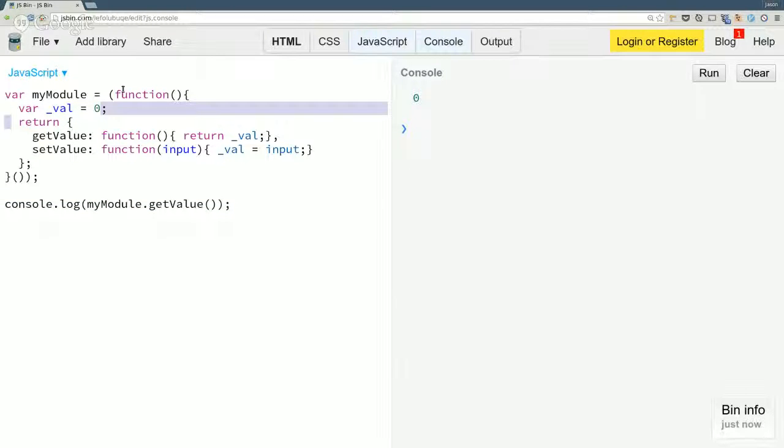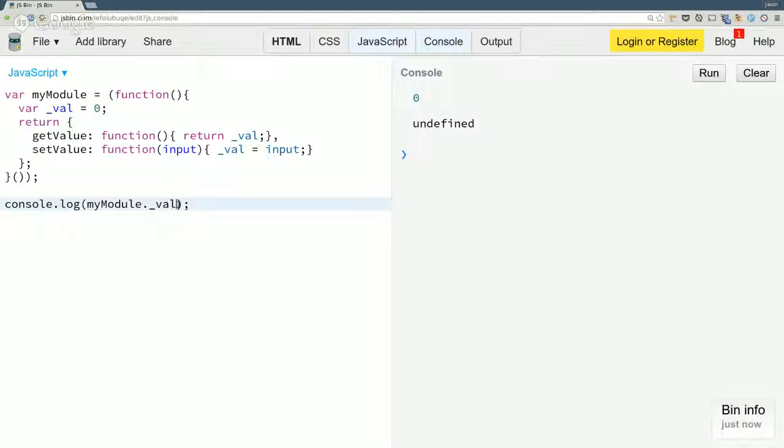And this is, again, for those of you for whom encapsulation was still kind of weird. Val only lives inside the scope of this function. I cannot access it directly. I cannot say myModule.val. If I try to access it that way, I'm going to get an error. It's undefined.